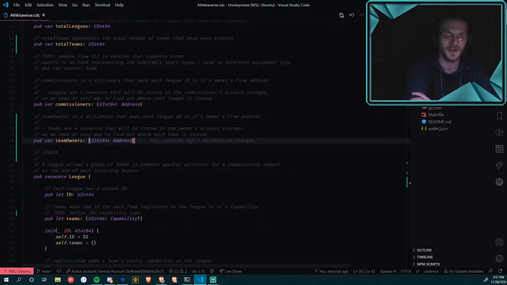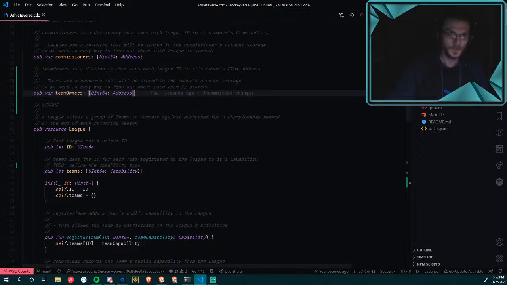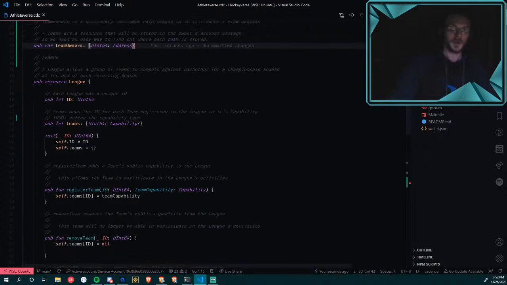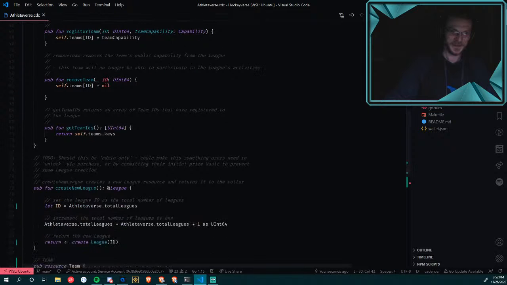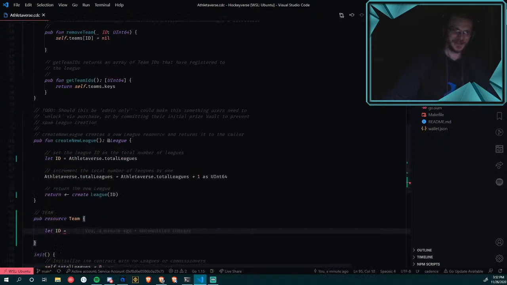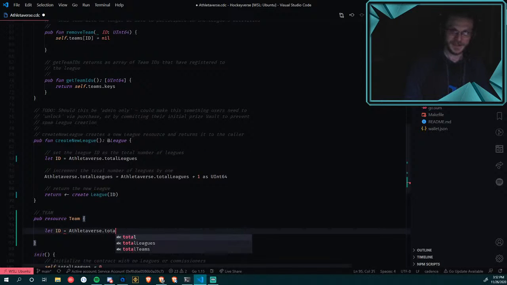So I'm thinking, just to have these dictionaries as a list of who owns what, at least for the commissioners or for the leagues and teams, will be helpful for not only myself but users down the road that are trying to actually query data off the chain, especially if things are still in a pretty early state. Which is optimistic, because I don't know how long this thing's actually going to take me to build. Like I said, it's a beast, so the goal would be to get something cool, some sort of prototype within 6 months, but that's ambitious.